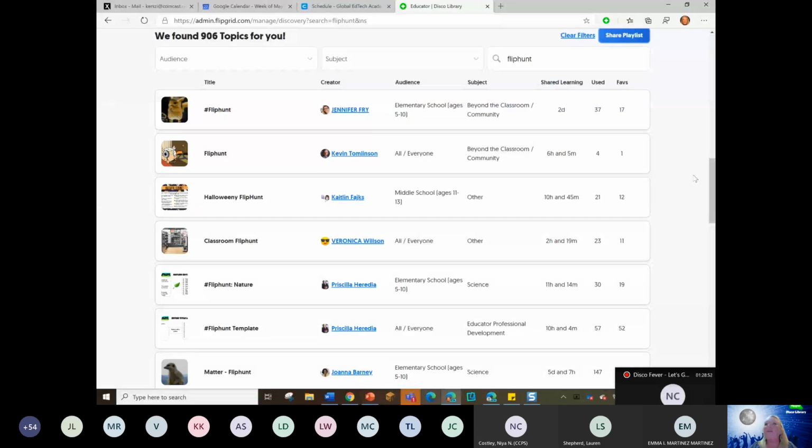I love a good flip hunt. I love a scavenger hunt to begin with. I mean, I've kind of enjoyed those my whole life. I used to like doing plain scavenger hunts, like go outside and find an acorn or find a white rock or find a pine cone. You know, I like those. When I was a teenager in high school, they came out with photo scavenger hunts. I thought they were fun. Video-based scavenger hunts are the best of all because they require some sort of movement or action or silliness or whatever.